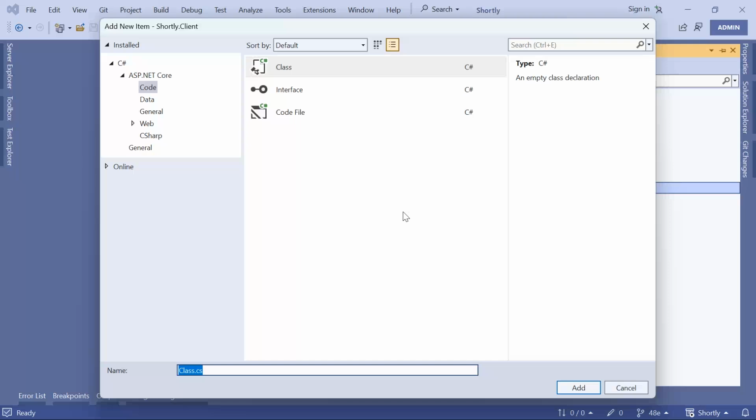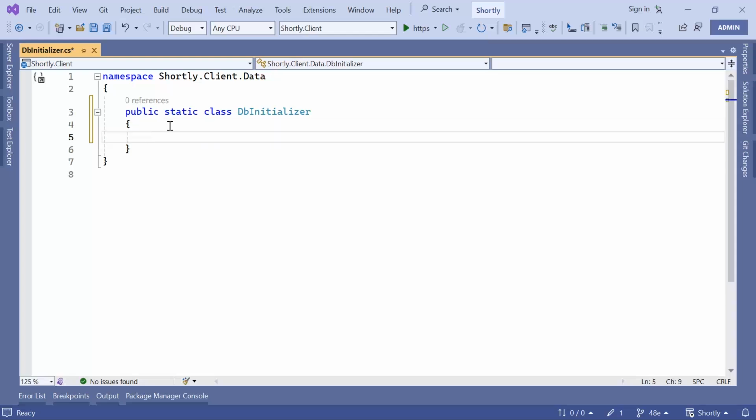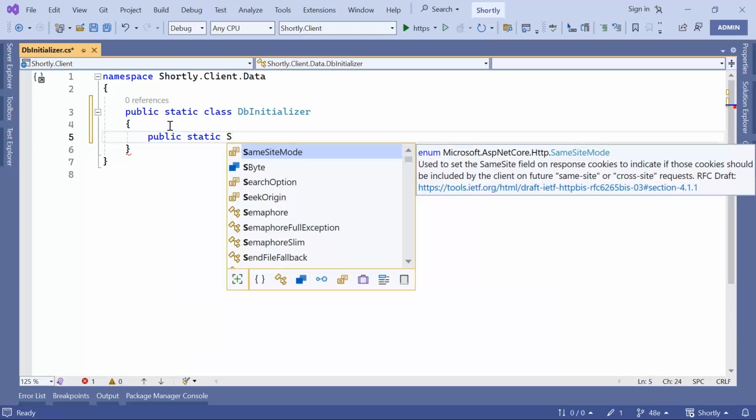I'm going to name this class either DB seeder or DB initializer. And I'm going to change this class from a normal class to a static one. The reason why I'm creating this class as a static one instead of a normal one is because whenever I want to access the method within this class, I don't want to initialize a new object. Then down here, I'll type public static. The method is going to be seed